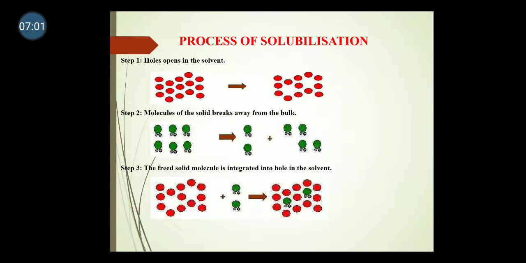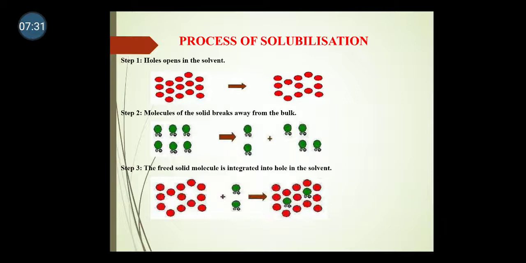How does the process of solubilization occur? The process of solubilization involves the breaking of interionic or intermolecular bonds in the solute, the separation of the molecules of the solvent to provide space in the solvent for the solute, and interaction between the solvent and the solute molecule or ion.